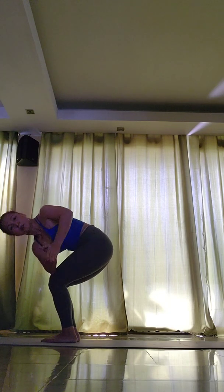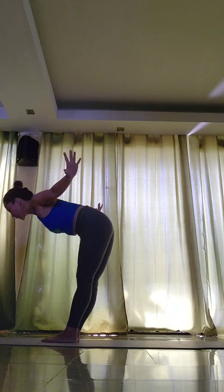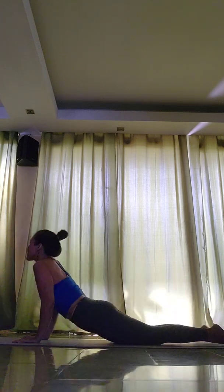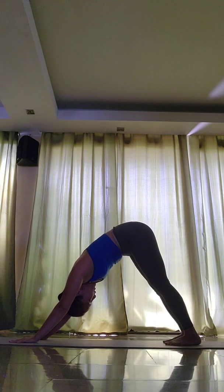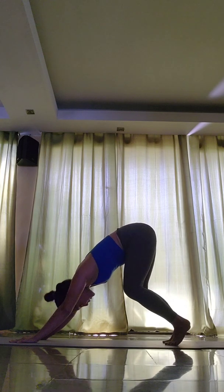Good, inhale, stand tall. And then exhale, fold forward. Beautiful, hands to your mat, step or hop back. Flow it all the way through, 1 breath, 1 movement, coming all the way back to down dog. Take a deep breath in and out. From here, soften your knees, take baby steps, walk your feet all the way up to the front of your